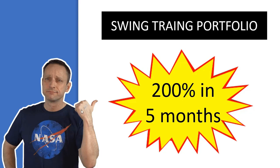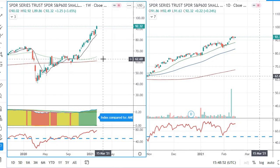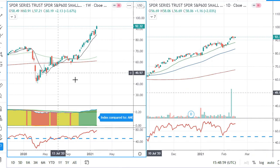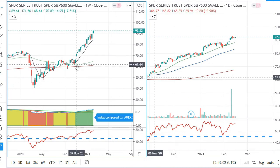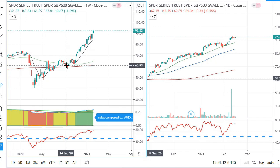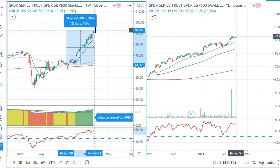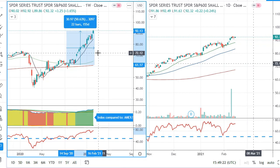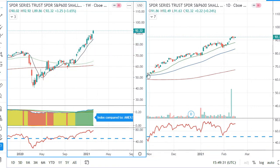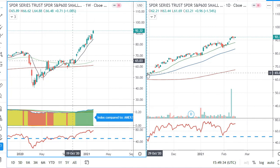Also, looking at this, let's just have a look here. It is primarily small cap stocks I'm using, and you should remember that I started this, and this is a complete coincidence, in the middle of September 2020. That was pretty much at the bottom of a little correction in the market. Since then, the small cap market has gone up just around 50% without any larger corrections or retracements in the price. So I have been testing into a market that has pretty much just